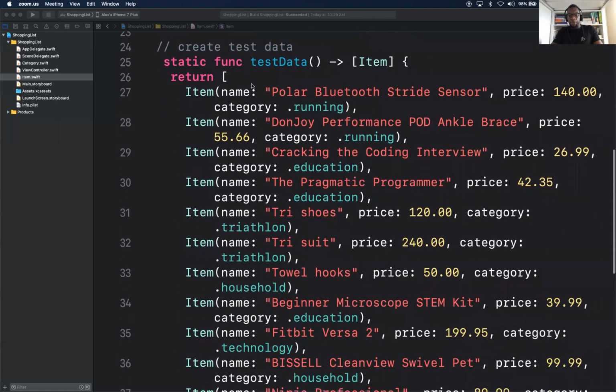Did everybody implement their test data function? Yes. Okay, very good. If anybody is still working, please let me know, because I don't want to miss anybody along the way. Feel free to say, hey, I still need a minute or anything like that. I need a second because I don't have running.